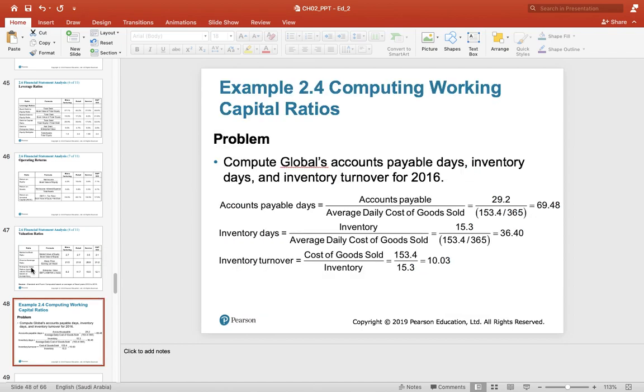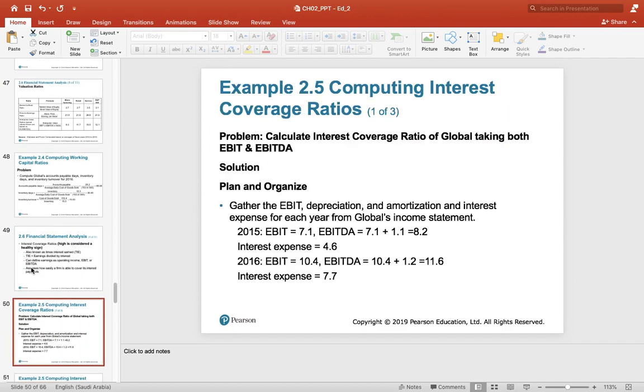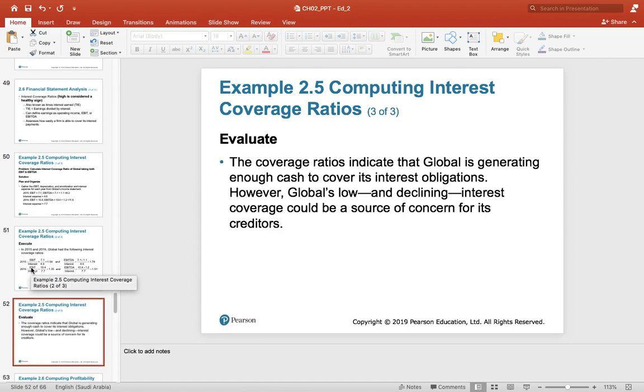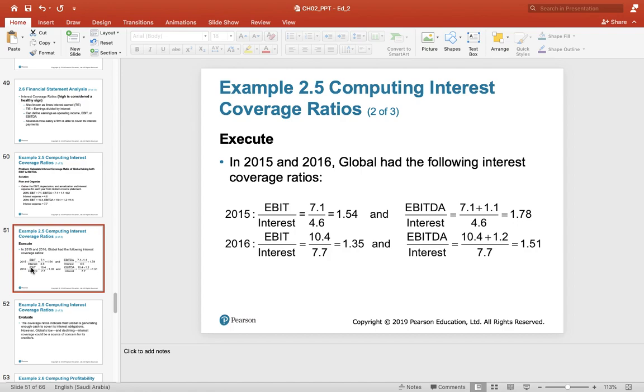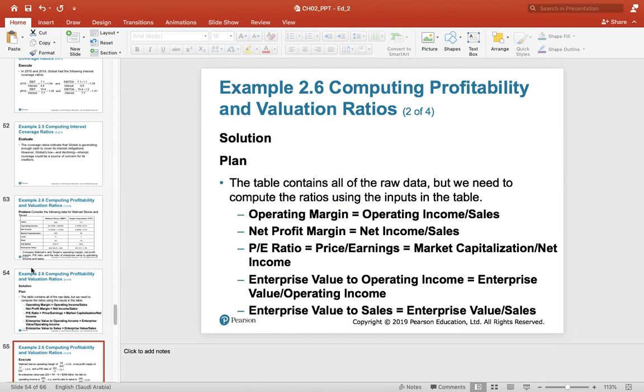Then certain ratios are calculated as questions. We have calculated almost all ratios for global, so I need not take them here. All these things we have calculated, and the same answer should come in the financial model. So this is all about it.